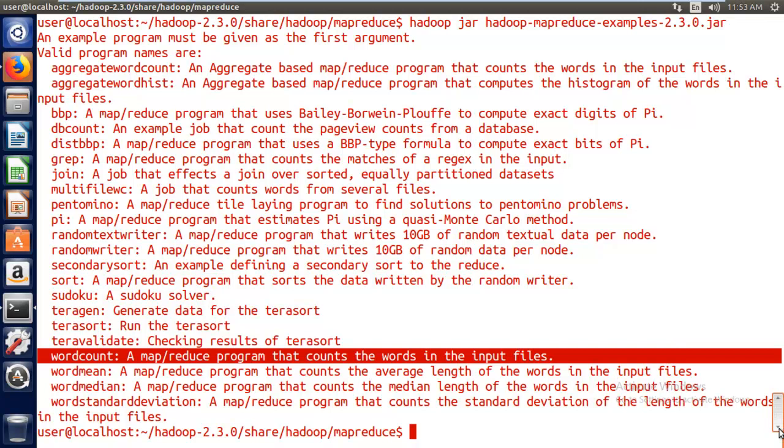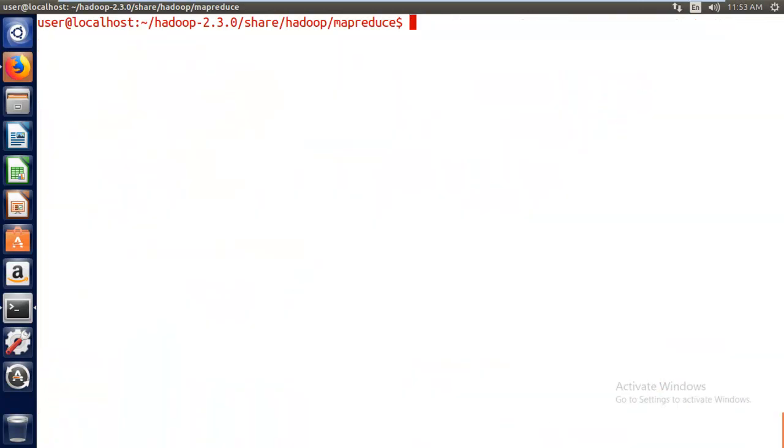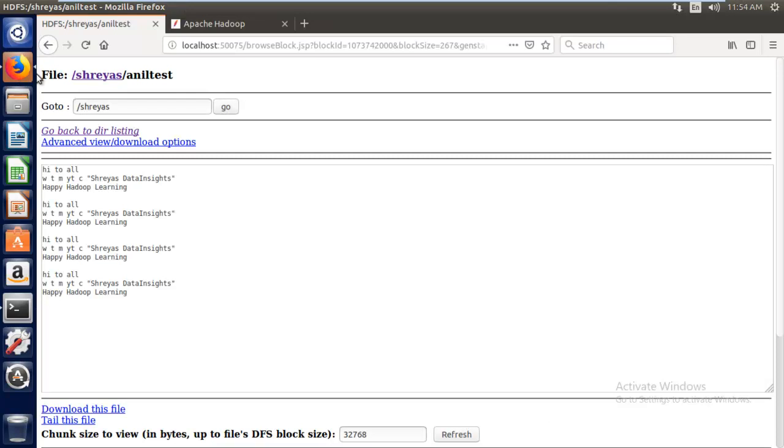So how can we run it, what do we need to provide? Let me write the command first and I'll explain. So hadoop jar, file name, followed by the program, because multiple programs are available, right? That's the reason you need to specify the program name here. Wordcount is the program we would like to run, followed by the input data location. Where is your file here? This is the file, right?